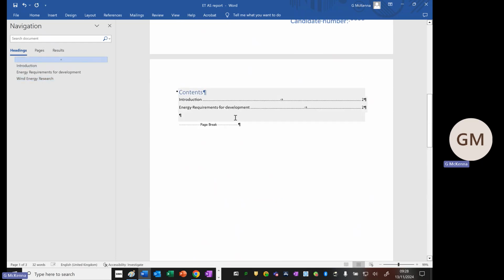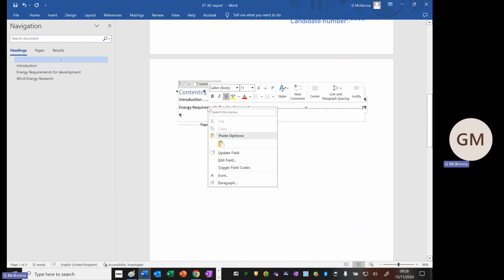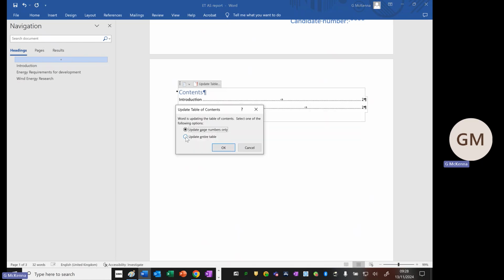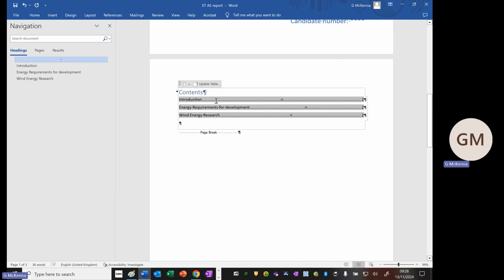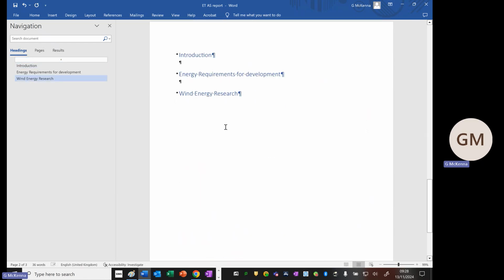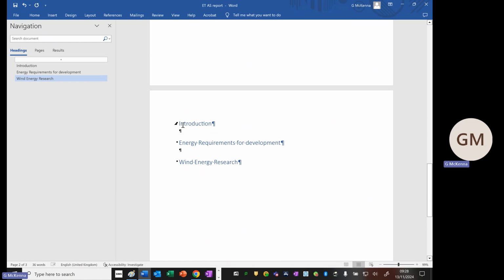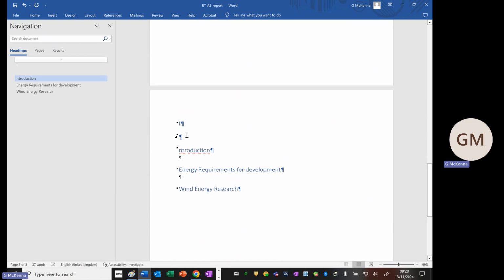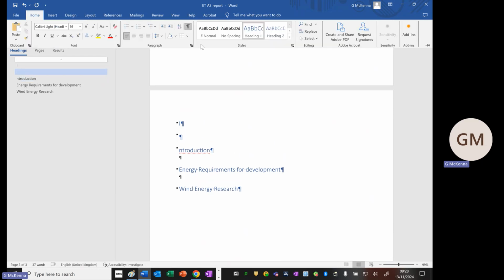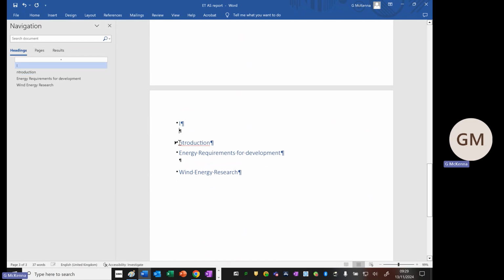And if I go up to my contents page, you can see it hasn't automatically updated. But again, if I just quite simply right click, go to Update Field, Update Entire Table, you will see that will update. Plus the page numbers will automatically update as well. Now, as you go through your report, you might want to put different level headings in. And again, you don't have to do this. But let's say, for instance, if you're doing the work for me in school, you might want to have,